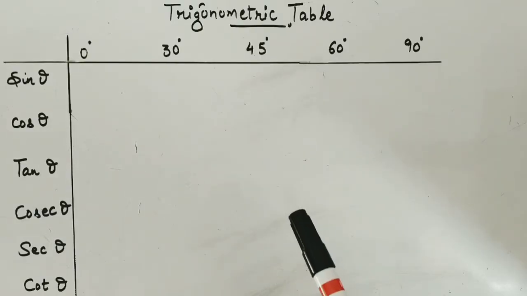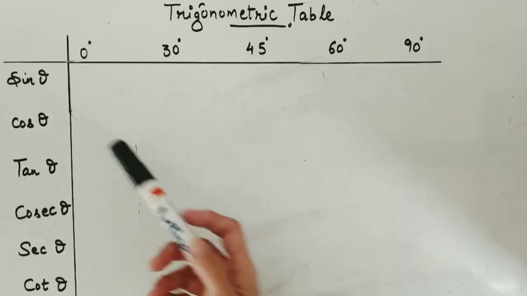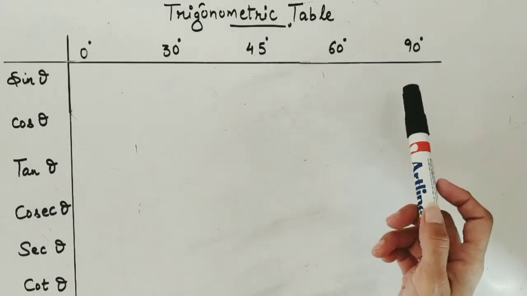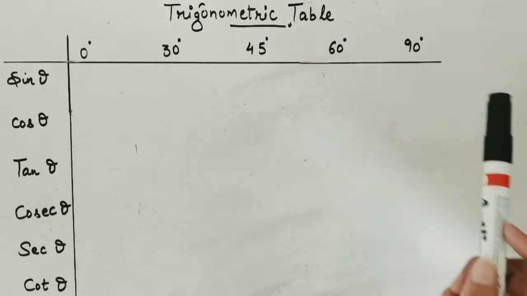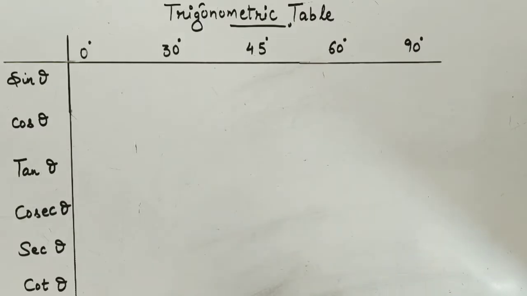Dear students, geometric proof of all these trigonometric values we have already done, but now let us see the memory trick to make this table, because at times you may not always remember all the values. At times it becomes difficult. So what's that trick which would help us to memorize it? And at times you can just quickly make this table while sitting in exam. You can quickly make the table, and this would be of great help.